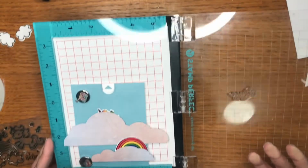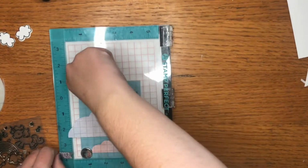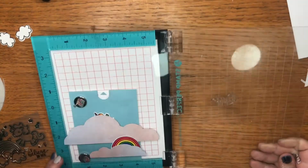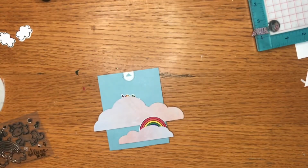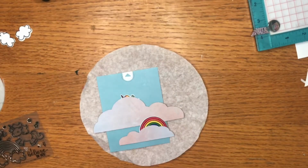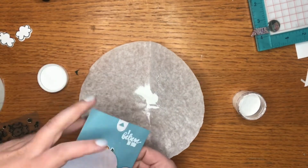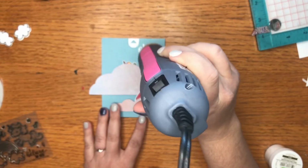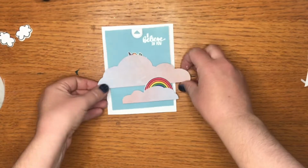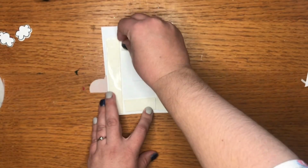I do my anti-static powder and then my Versamark ink, make sure everything inked on well. And then I can pull it out and put on my white Lawn Fawn embossing powder. Make sure there's no little stray pieces. I'm good to heat emboss. So now that it's all heat embossed and ready to go,